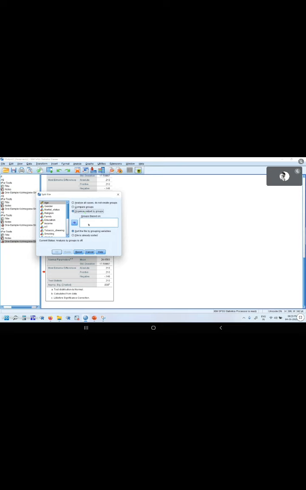Click file first. Yeah, very good. Go to data. We should use this option, split file. So which variable should I select? Gender, yeah, very good. Gender, we can select here, click OK. So now whatever we ask the software, it will give separately for male and female. It is split by the variable gender. So for male and female, whatever we ask, software will display.